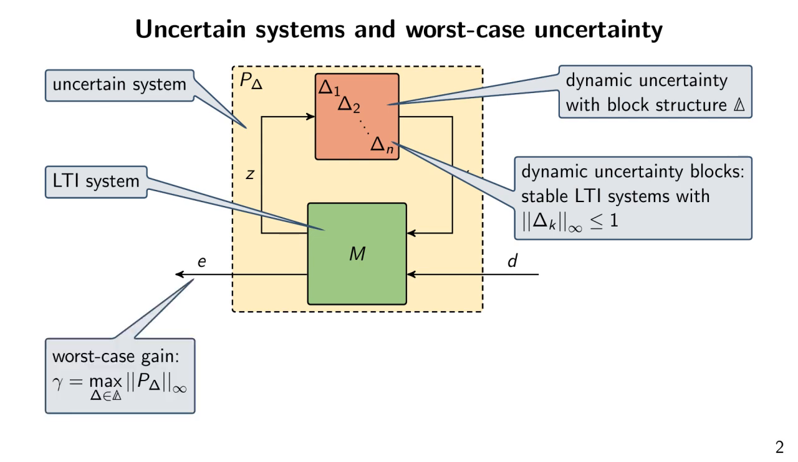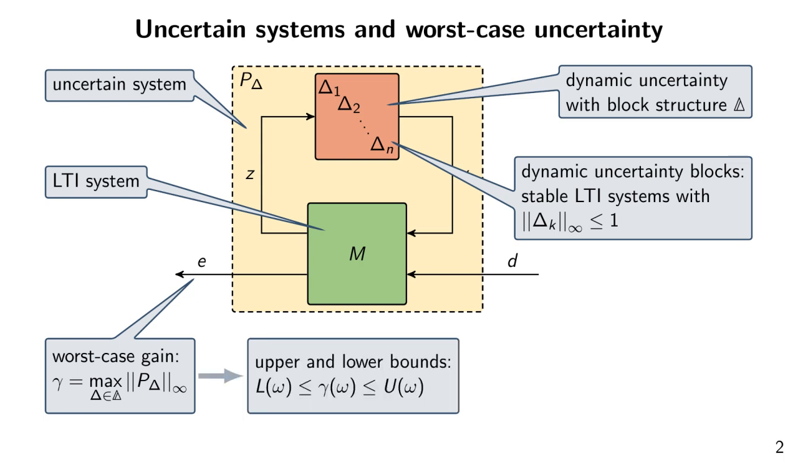The worst-case gain of the uncertain system P is the largest H-infinity gain from the input D to the output E over the set of structured uncertainties. In practice, we compute the worst-case gain on a sufficiently dense frequency grid. This leads to skewed structured singular value calculations, or skewed mu calculations, as it is known in the control community. The computation of skewed mu is known to be NP-hard for most cases, therefore we approximate it by calculating upper